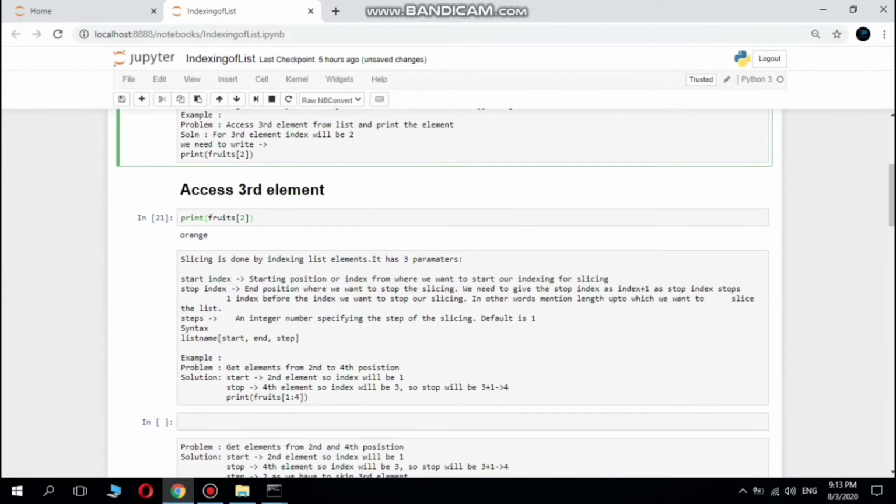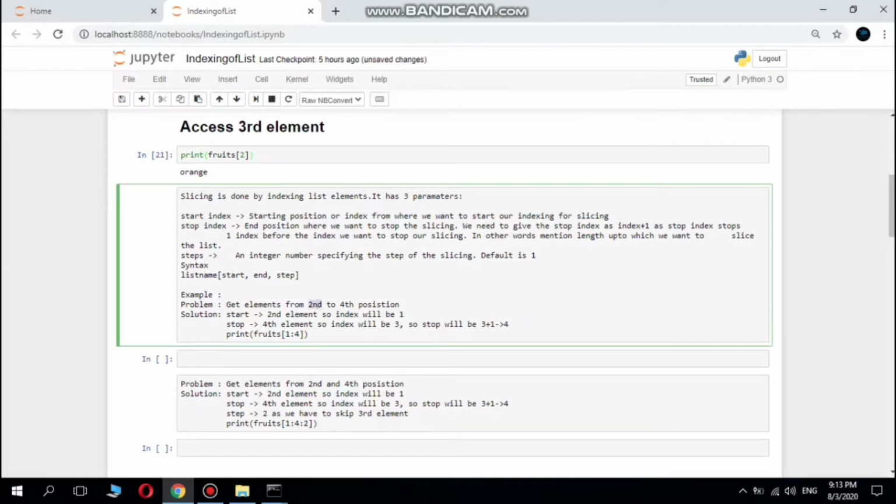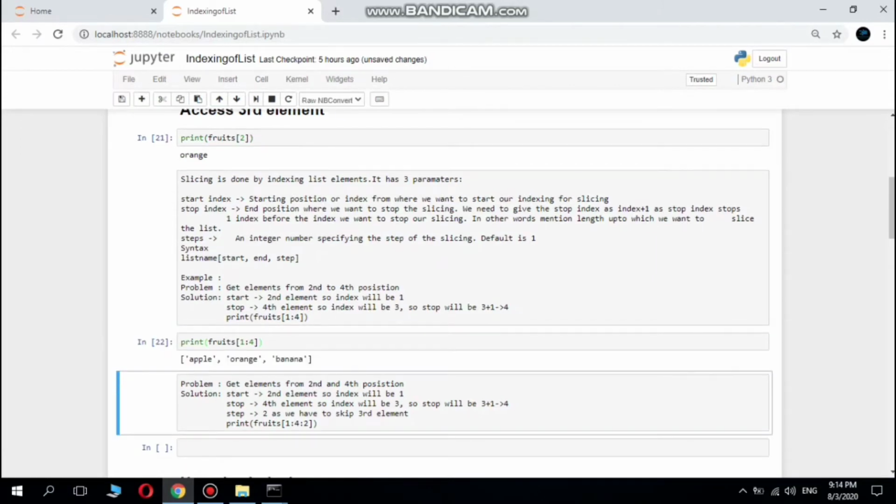Now, what is the problem statement? Get elements from the second to the fourth position. It is quite simple. Second to the fourth position means the second element and the fourth element. So the index for the second element will be 1 and for the fourth element will be 3, but we need to provide always one index more than the given index. So I will just write print fruits 1 comma 4. Let's just print it. Yeah,